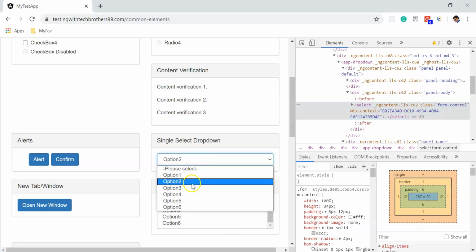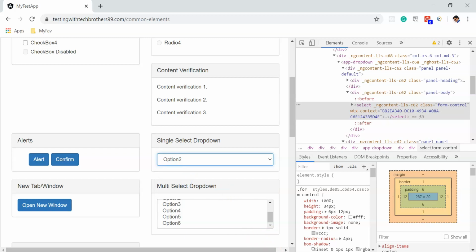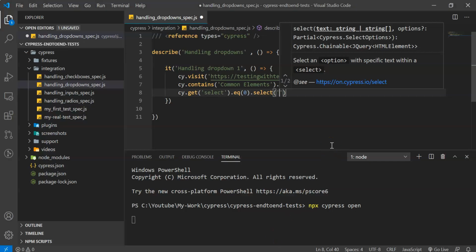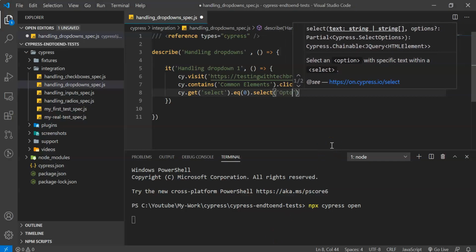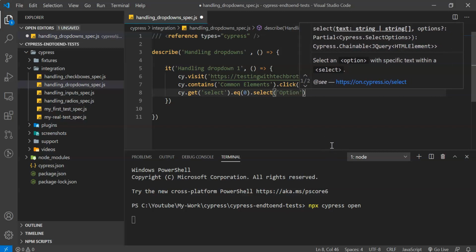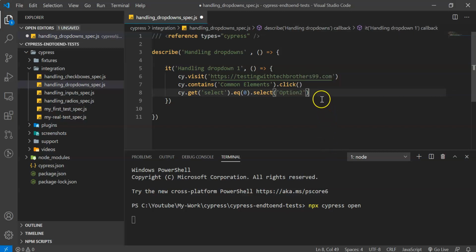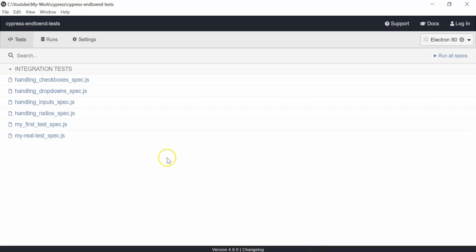Okay, so I want to select here, suppose option 2. I need to pass select option 2. Okay, so let's save it and let's run and see. So once we save that file, you can see that the handling dropdown spec.js got created here.